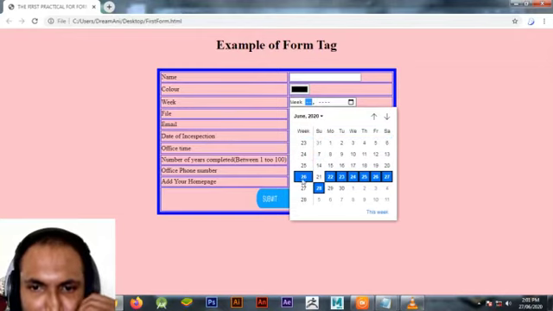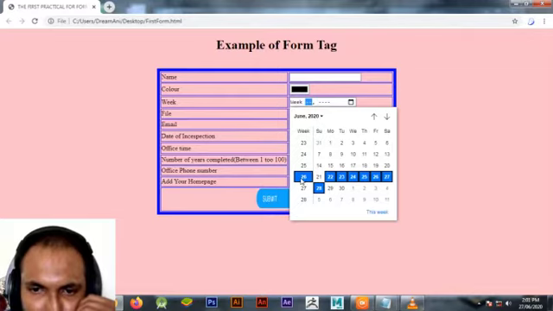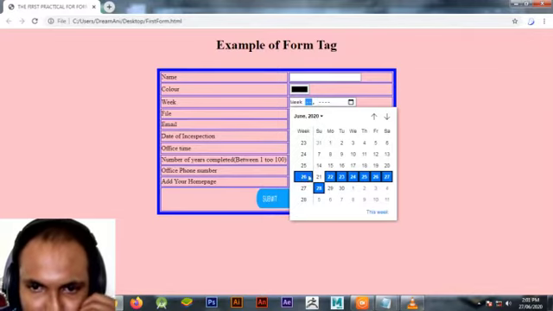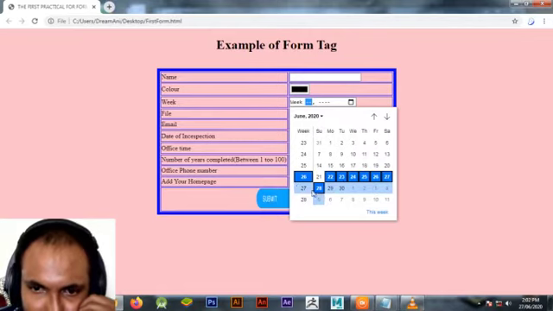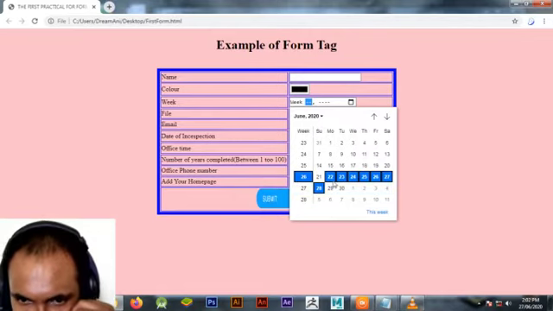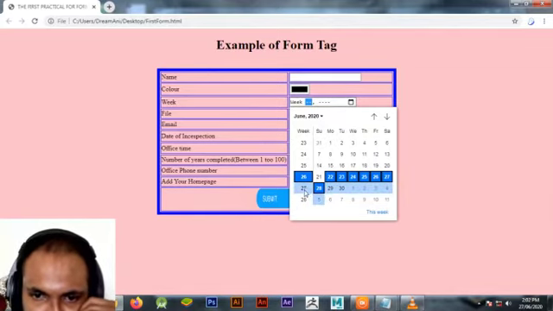Today is the 26th and we are in the 26th week. This is the calendar it is showing, and it is showing this week, so it is blue here. So we can select it.